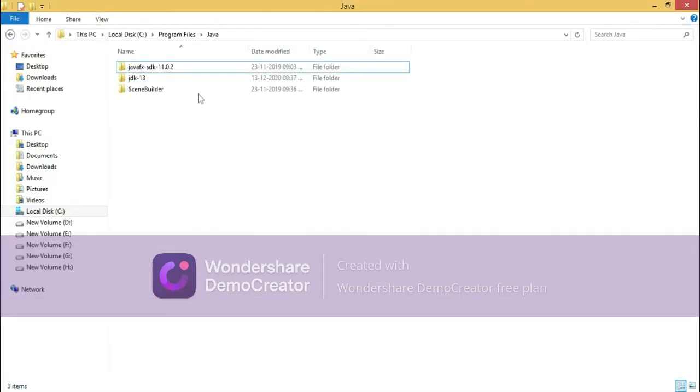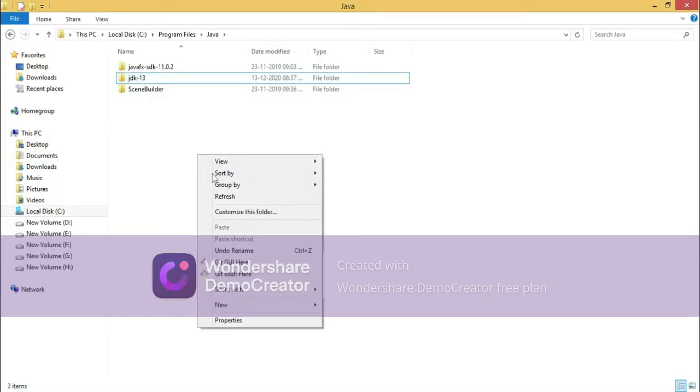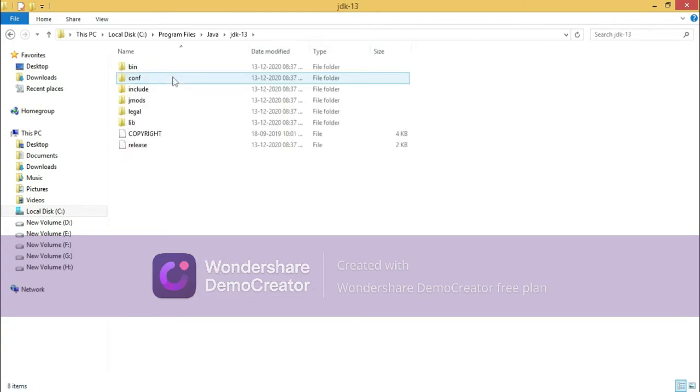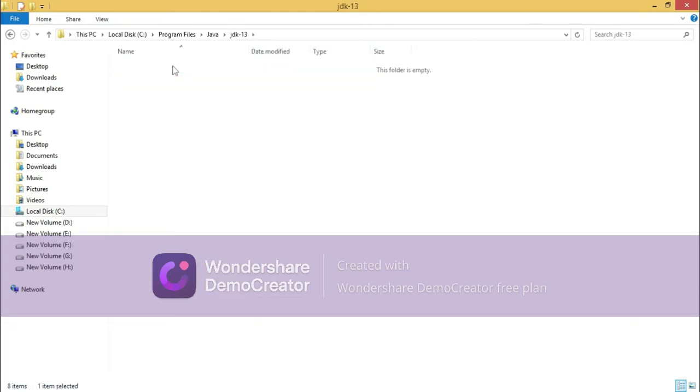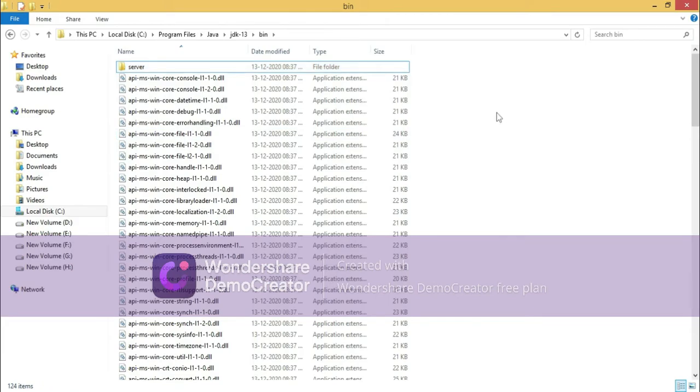Then go to your Java folder. See, you can see JDK 13 is there. So we have JDK in our system, but we have to configure it in the system. We have to tell the system where our JDK is.